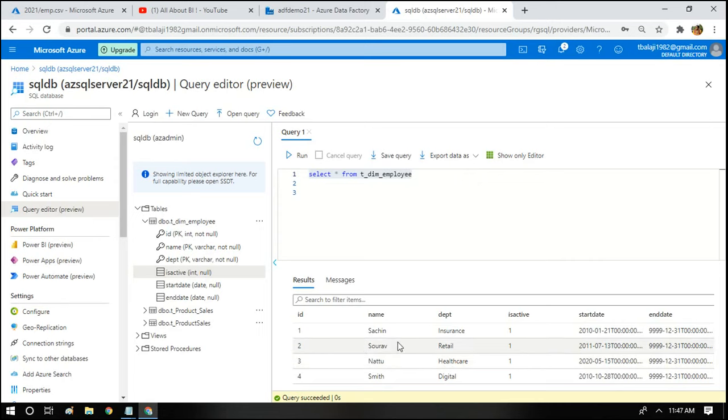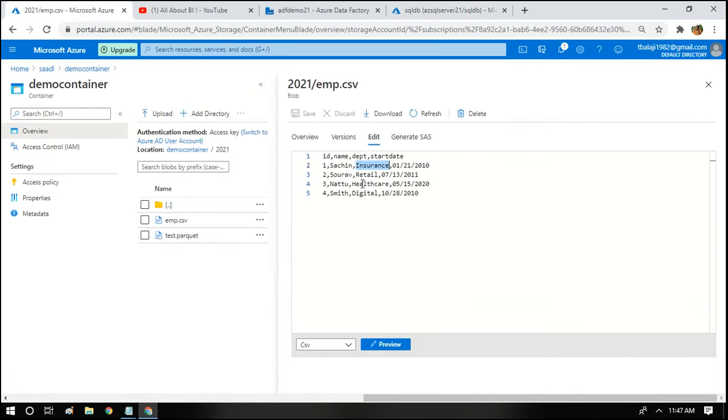Okay, so let's make some updates to the file. Let's make NUT2 belong to retail. Start date can be today's date. Today's date is 1st February 2021. So I have updated the department for NUT2, and I am going to insert a new record as well.